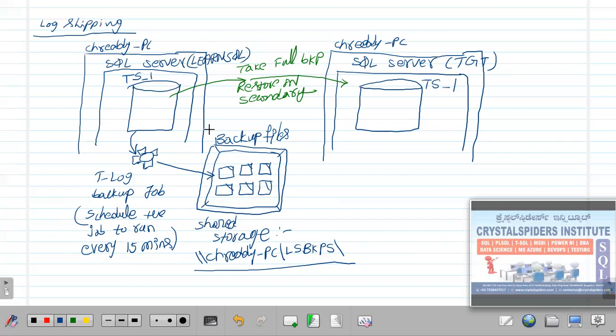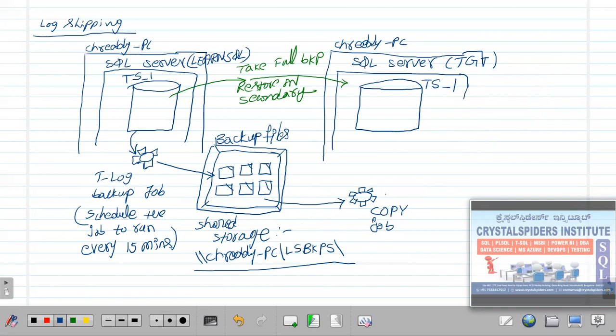Okay, this is fine. And from here, how are you pushing these files to your secondary server? On the secondary server, inside that SQL Server instance, I will have one more job, which I am going to call the copy job. What will this job do? It will copy all these files and put them in one of the paths inside this machine. We will be having one disk drive, right? We will be having some more disks here.